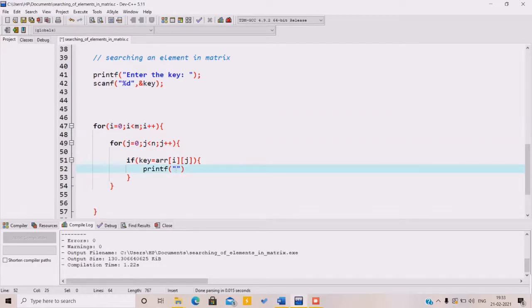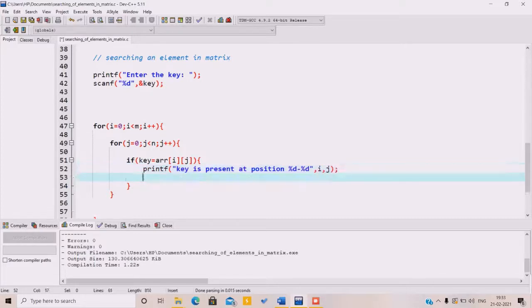So position is %d, key is at %d. So this is for indicating the positions I and J.